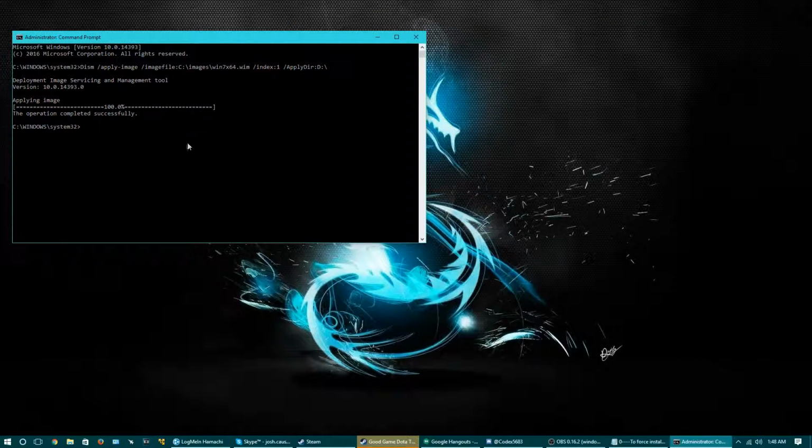And we're back. Okay, so after the command finally finishes, it takes a good while. What we now want to do is use the same command prompt, because we need this elevated command prompt one more time, and we're going to run a nifty command called bcdboot, and we're going to go to,